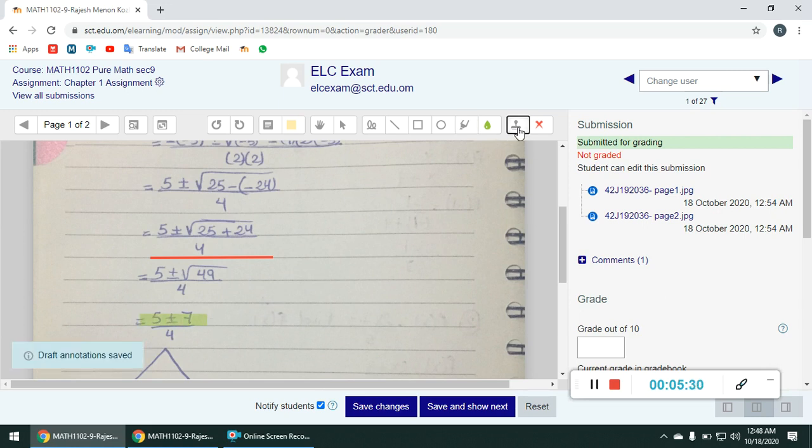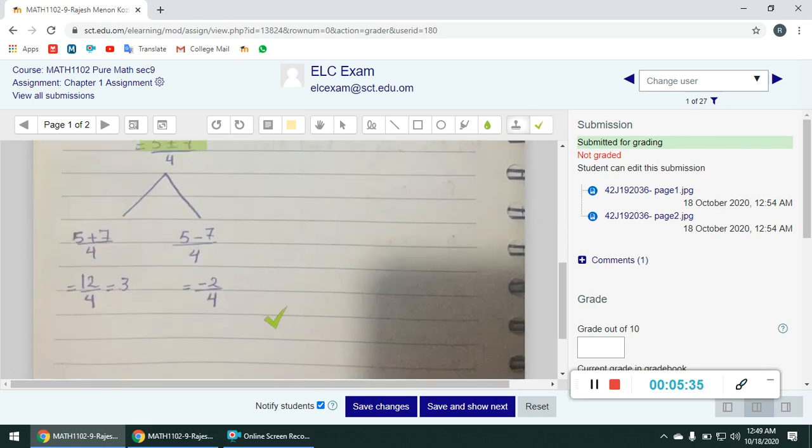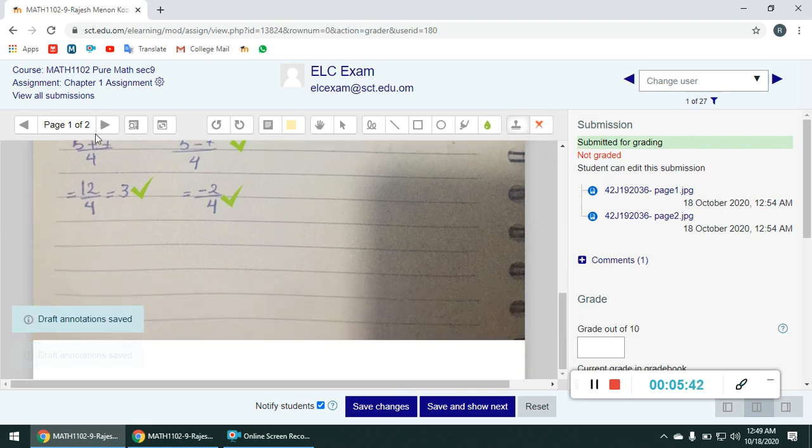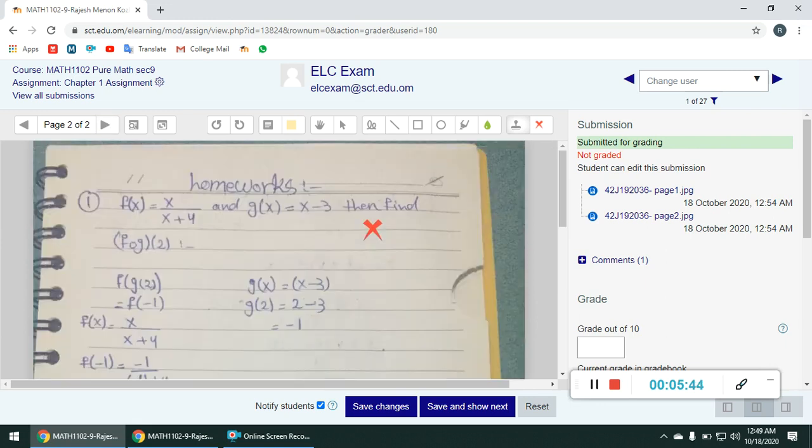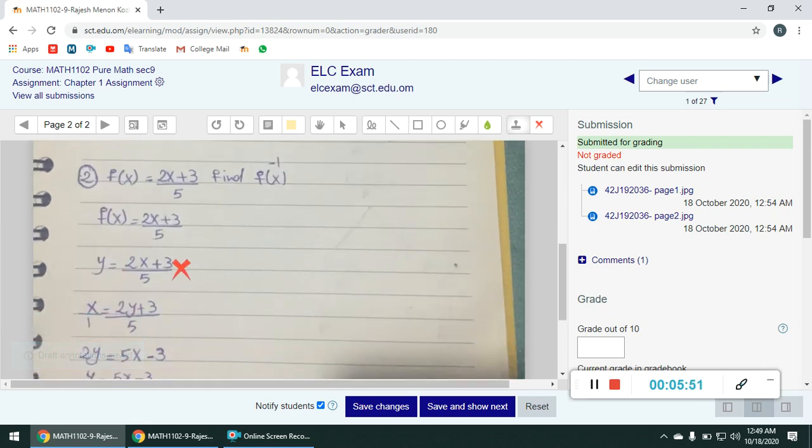Then this is the stamp. Okay, the common stamps are cross and tick. The teacher will tick the answers, or if anything wrong, go to the next page. Okay, there was some mistake in this. He can put a smiley. So this way he will correct the assignment.